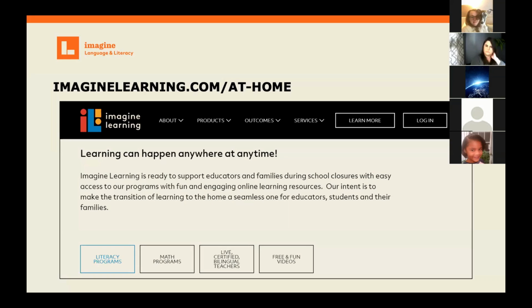But keep in mind that Imagine Learning was designed to be motivating and engaging for students. It's designed to kind of individualize their learning. And it's not really designed to be about minutes, right? It's about quality learning time. That's part of why the session ends automatically at 20 minutes for language and literacy, because it's designed for